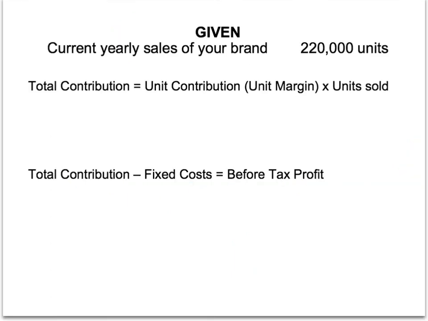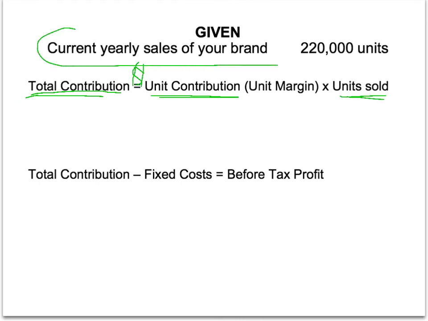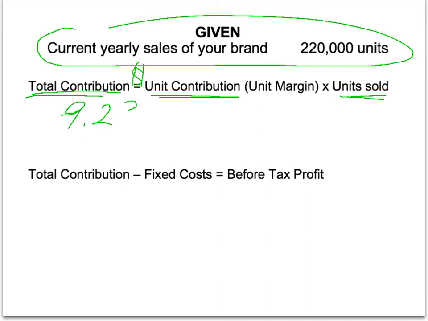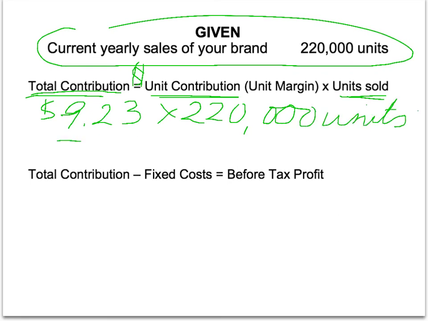Okay, the next part of the question asks you for your total contribution. In this case, total contribution is simply your unit contribution or unit margin in dollars multiplied by the units sold. And the case tells you that you've sold this year 220,000 units. So again, you take that $9.23 in unit margin and multiply it by 220,000 units to come up with total contribution in this case of